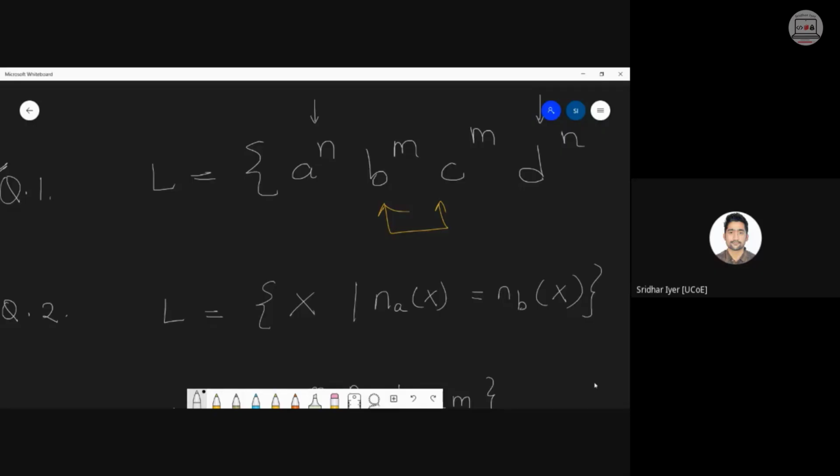So the question is very simple. It is deduced like this. A language which is basically X and that should be having equal number of A's and B's. That is all the question is. So it is a question of equal number of A's and B's. That is the PDA you would like to design for. Okay, you have to build the PDA for this. A language which is having equal number of A's and B's. Simple as that. This is the technique of writing it with a twist.